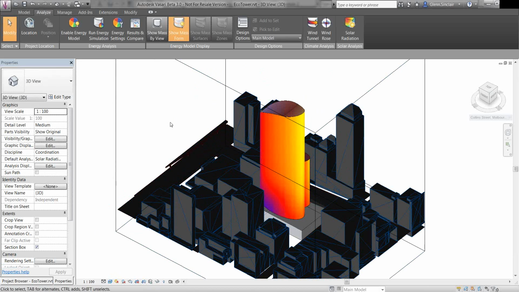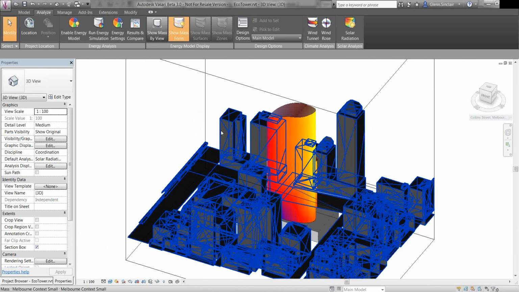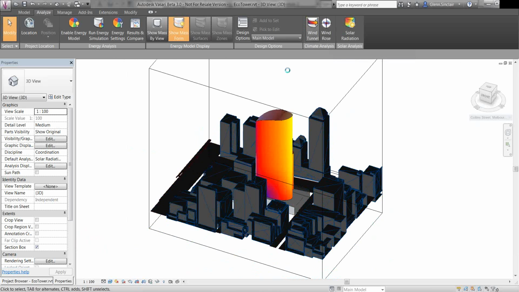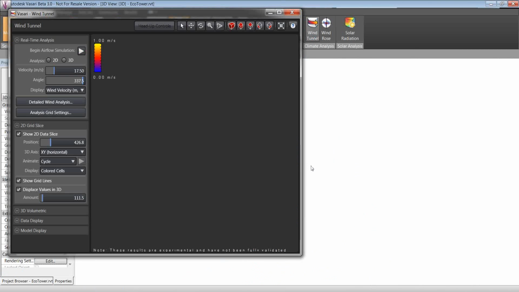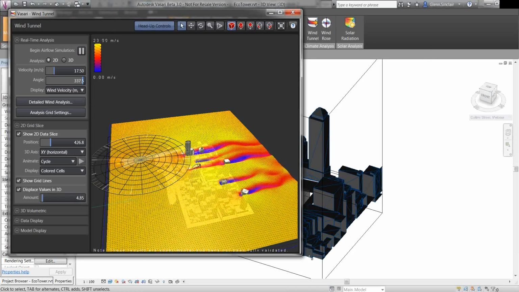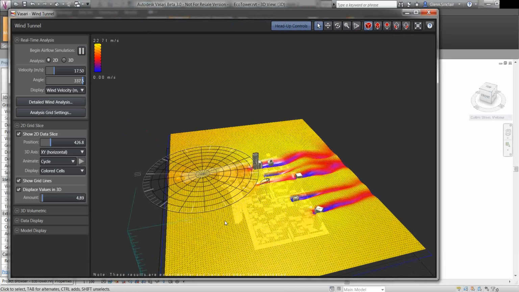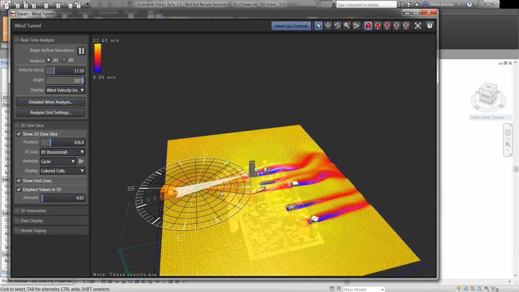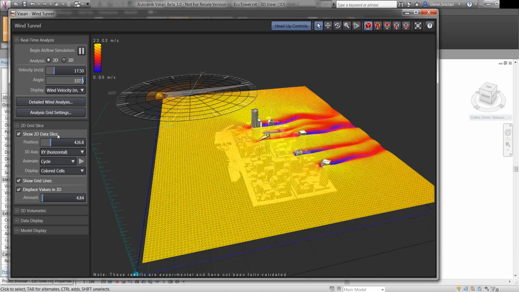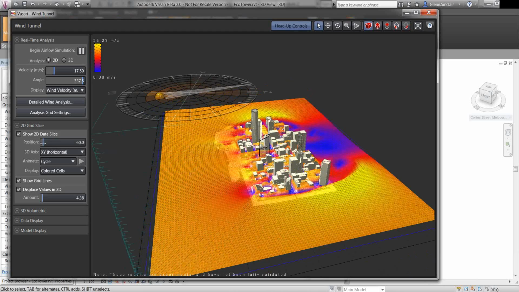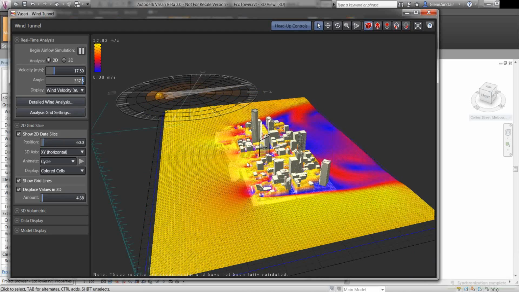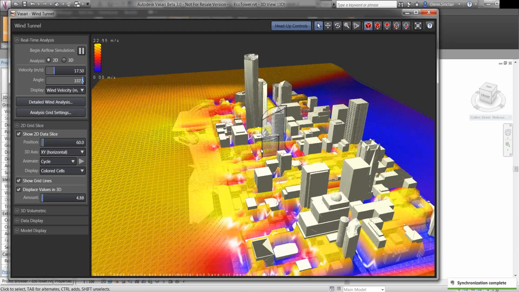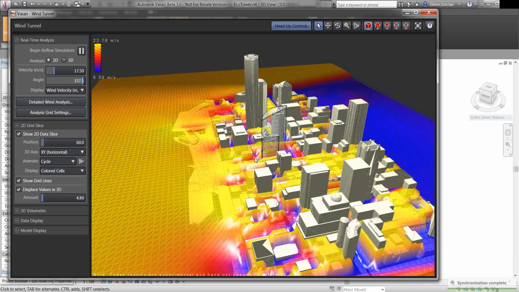We can do some further work with those analysis results, but I'm not going to go too far into it. There is another great little tool built into Vasari, the wind tunnel tool. All of these tools have come from Ecotect, the previous software there. Based on the prevailing wind direction, it's going to show us graphically the conditions on the site there. At the moment we're just showing the 2D data. We can drag the position of the little slice there to show the conditions around the lower levels, street conditions